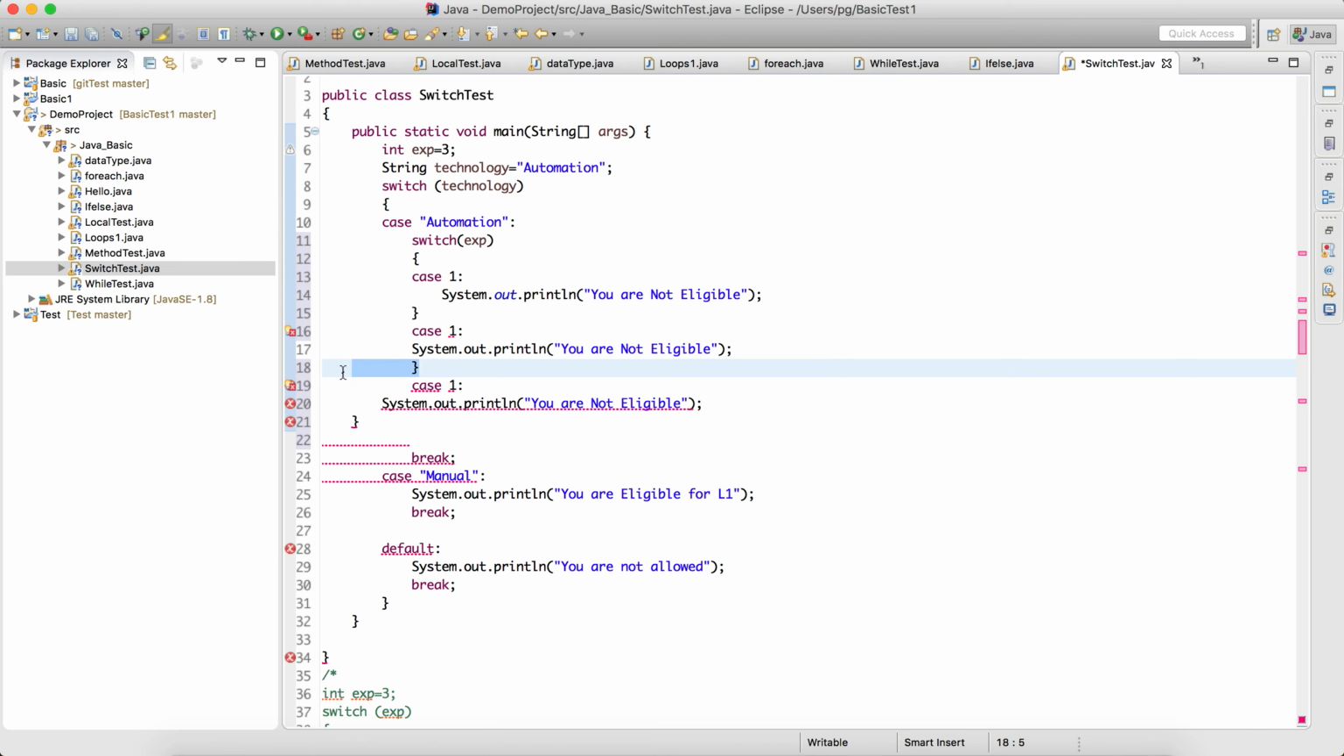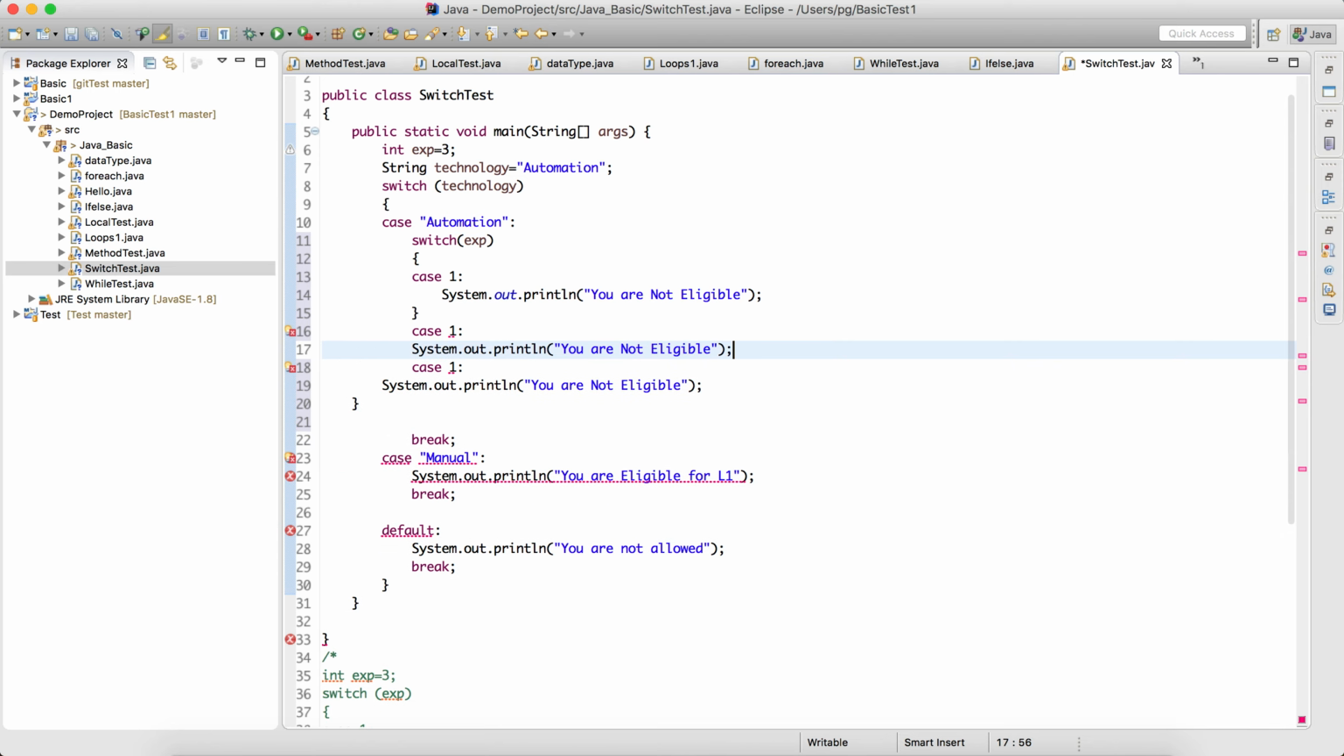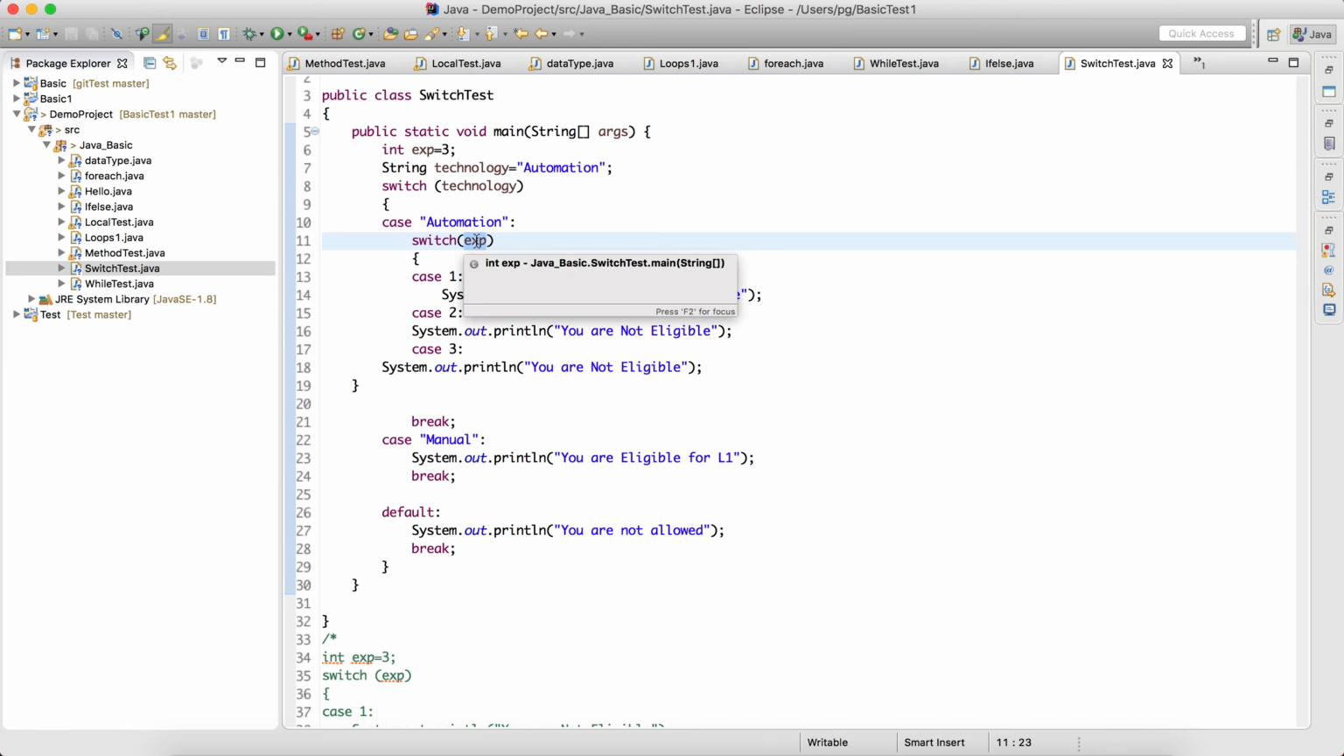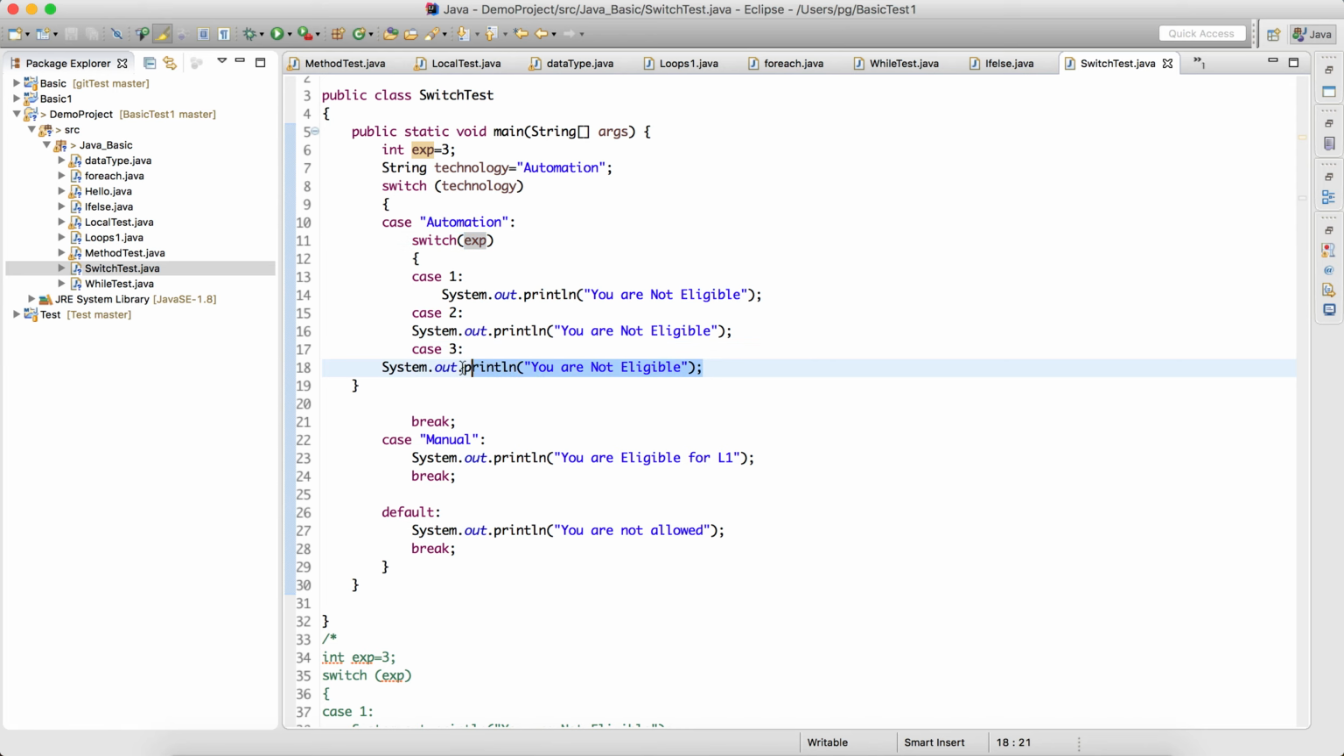So this is not required every time, just leave that. So this is 1 year, I'll write here 2 year, and here I'll write 3 year, because whatever data type you pass, the cases should have the same thing. And this is not required. Okay, you are eligible, right? So this time I will write